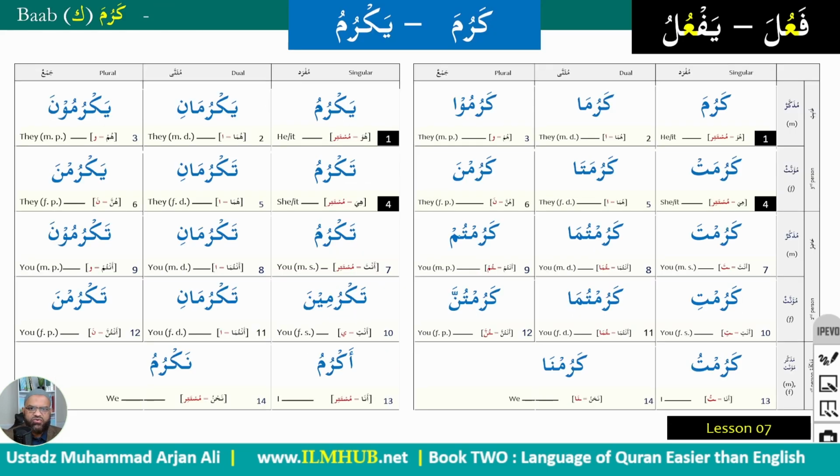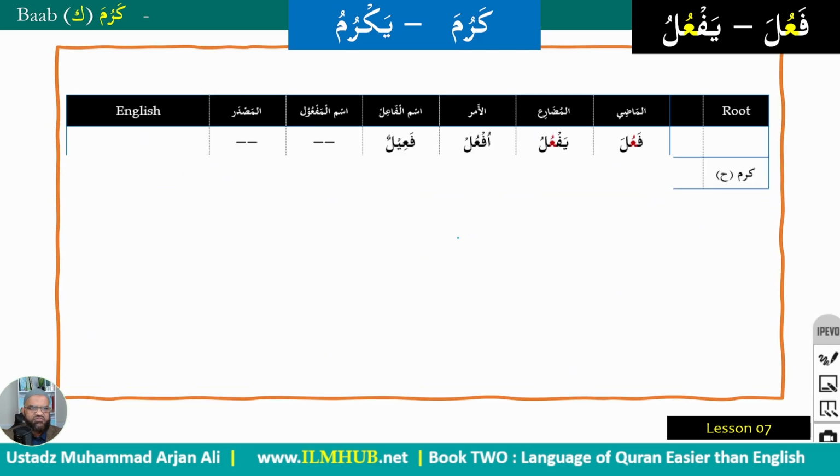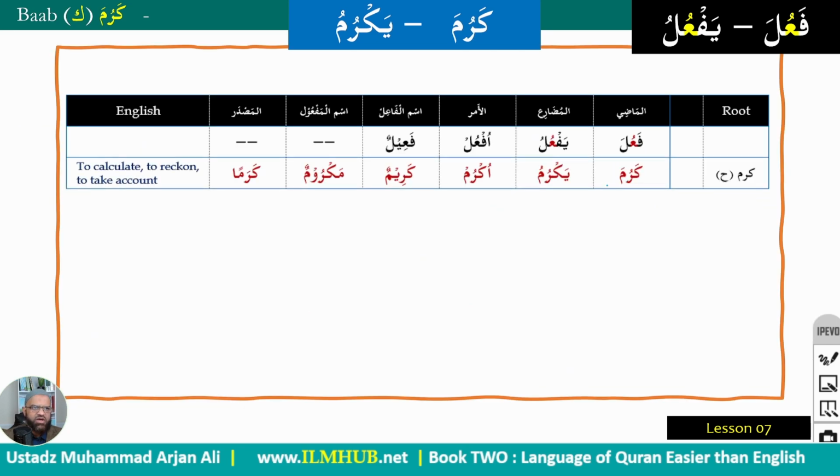So again, let's quickly go through the conjugation, which you can see here. I'm not going to read it all out, but please do take the time to write them out once, if you can, in your notebook. This will remind you of the scale. And again, this is a very, very rare scale. So I've only got one example for you, karuma yakrumu, but there are many, many derived nouns, especially on this one, which we are going to learn on this scale. The verbs are rarely used. I think no more than a handful you come across in all your studies. So we can again pick them up as we go along, but there is no need to spend a lot of time on it. So this is your Baab karuma